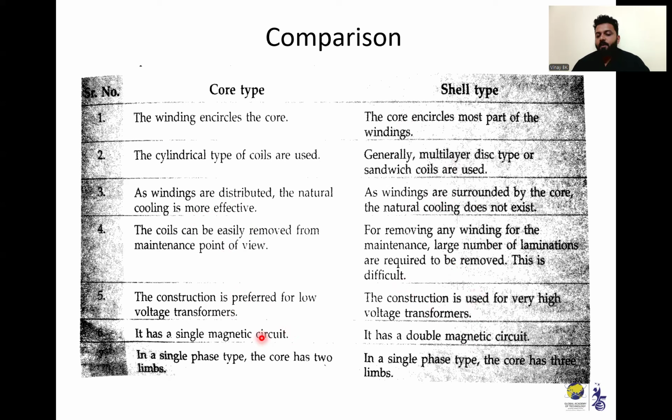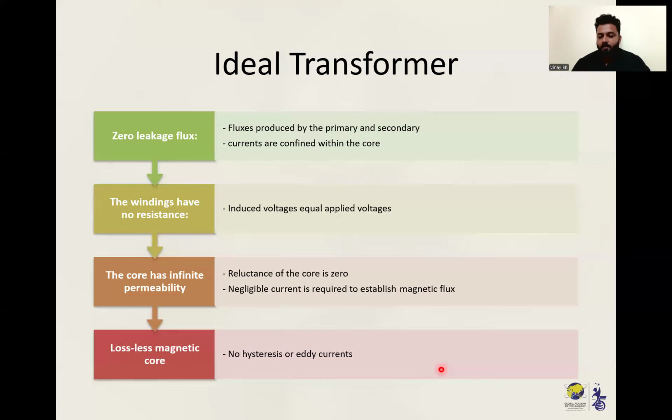Core type has one magnetic circuit. Here the shell type has a double magnetic circuit. Core type has two limbs and two yokes, and shell type has three limbs and two yokes. So this is about the comparison, and just an idea about the ideal